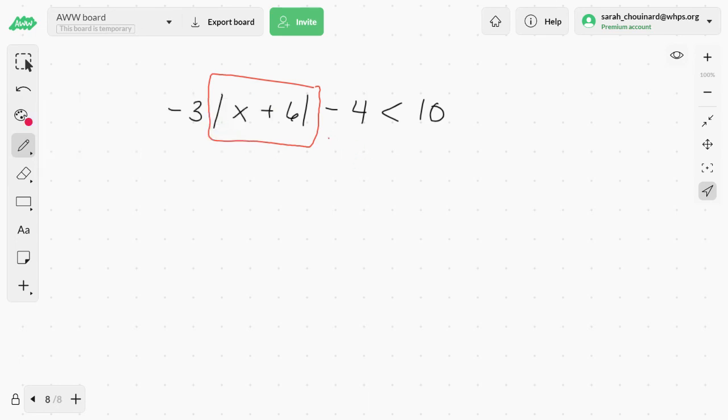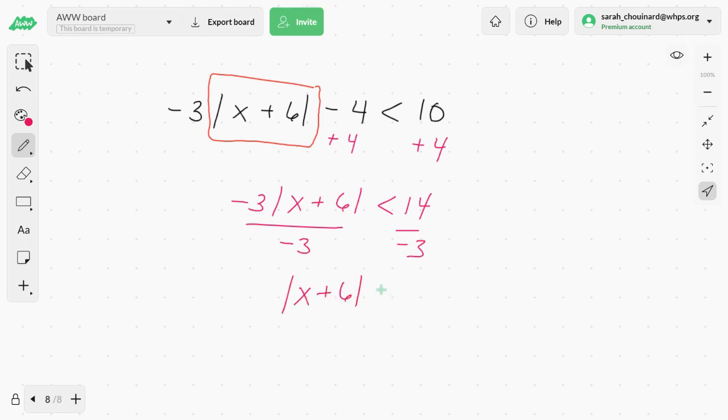So I'm going to get rid of the -4 first by adding 4 to both sides. And so I get -3 times the absolute value of x plus 6 is less than 14. If I divide by -3, what's our rule when we divide by a negative? We have to flip the inequality symbol. So I get the absolute value of x plus 6 is greater than -14 thirds,